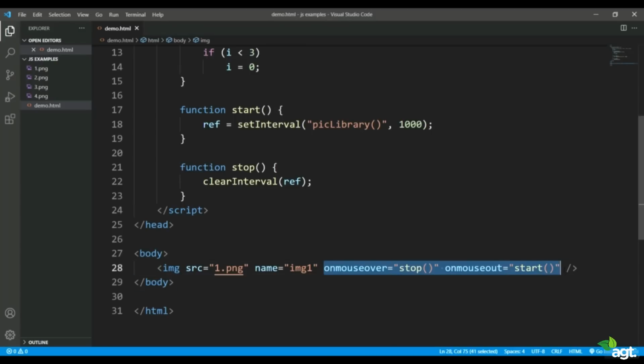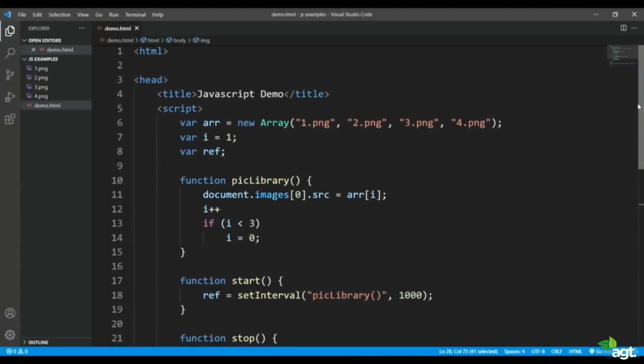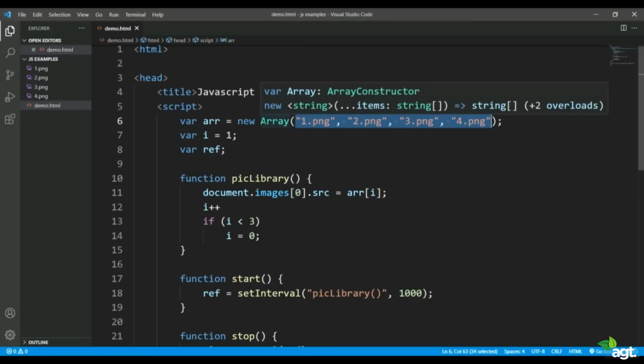And I have called a couple of methods which I'll discuss later, but before that let's go to the JavaScript tag to see how I have placed the animation. As you can see in the very first line inside the script, I have placed an array of images in which I have just put the names of the images, as I said, 1.png, 2.png, 3.png and 4.png. So one by one I want these images to be set in the img tag,